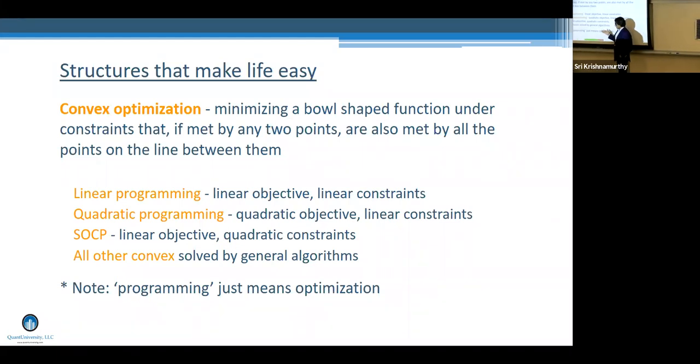Quadratic programming is another. There's the second order cone programming. I don't know if people have seen that before. It's something I think is more popular in the last decade or so. This is a linear objective, quadratic constraints. And then these are just a few classes of convex, but all the other convex optimizations, which there are many, these are also really easy to solve. They're not as specialized as these three, but the structure is so friendly that general algorithms tend to work